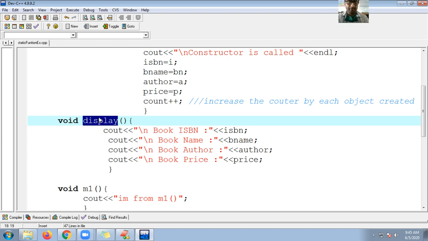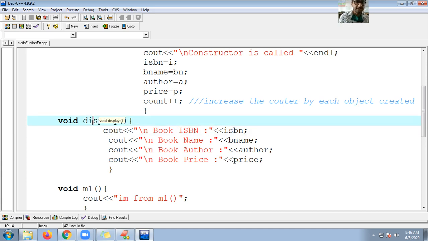I'm repeating once again: instance data members or instance member functions can be called by using an object reference, whereas static data members and static member functions can be called by using only the class name. Are you getting, guys? Do you understand?